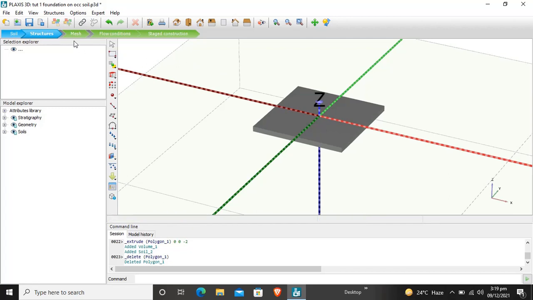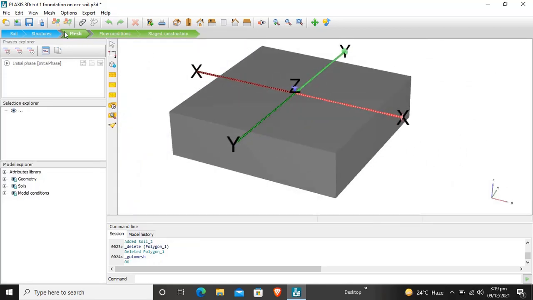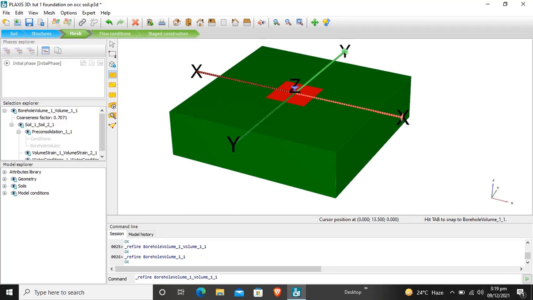So after that we will mesh our foundation in soil. So this is a mesh. Mesh is basically dividing the project or the elements in the project into finite elements to analyze them. So we'll select this, refine mesh, and this and this.